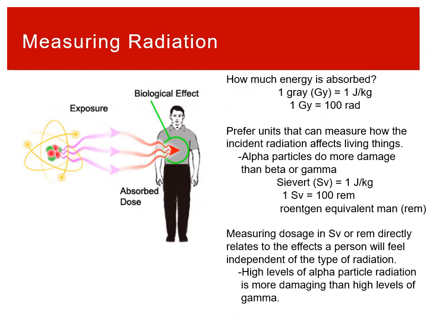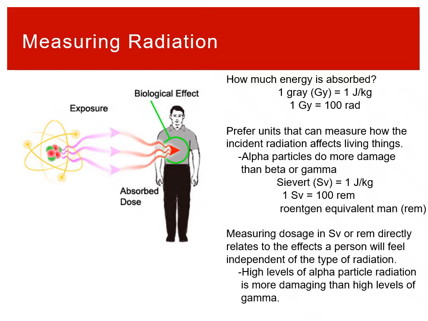So from the person side, we would have energy absorbed, the biological effects of how much gets into a person. One general measurement would be a gray. A gray is energy per mass: how much energy has been absorbed into a given mass? 1 joule per kilogram is a gray. That's your metric unit. Then you also have a rad, which is another common unit used. 100 rad is 1 gray. So that would just be total energy per mass absorbed.